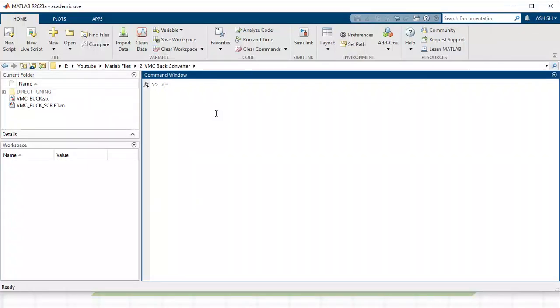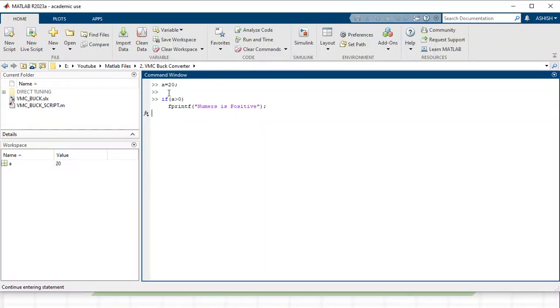Here I will assign one variable a equals 20. Now how to write it down? I have to write if a is greater than 0, checking if the number is greater than 0, then it is a positive number. Otherwise, if it is not, then I will not print anything. So if a is greater than 0, then my if body is executed. What is the command for printing? fprintf in double quotes. What am I going to write? If a is greater than 0, number is positive. I write it in double quotes and semicolon, enter.